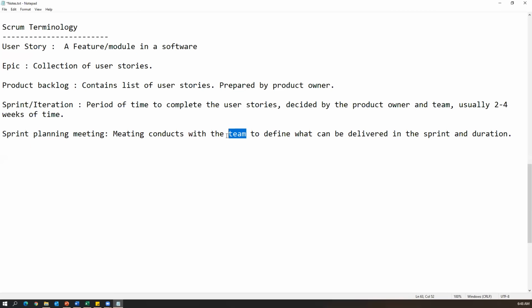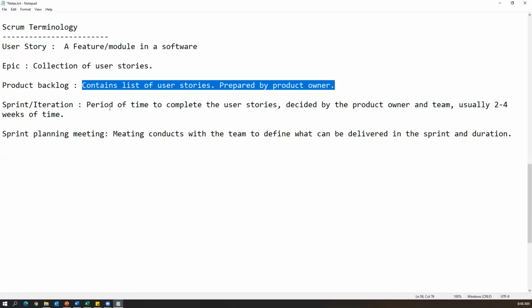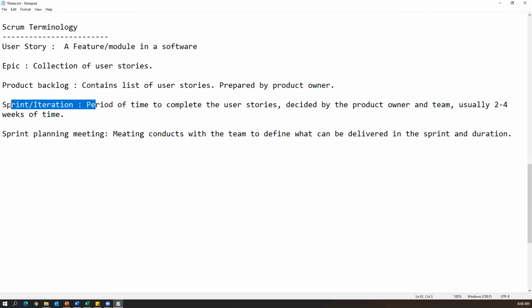As I said before, we have something called the product backlog, right? In the product backlog, we will have all the user stories. And what is a sprint? A sprint is a duration in which we have to develop and test some of the features. What does the sprint planning meeting mean? During the sprint planning meeting, the team will decide what stories we have to develop, test and release to the customer in that particular sprint. That will be decided during the sprint planning meeting.